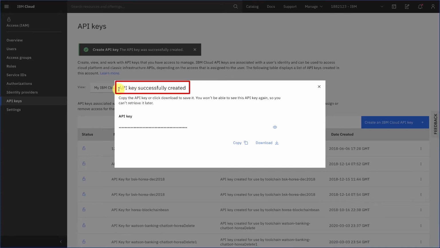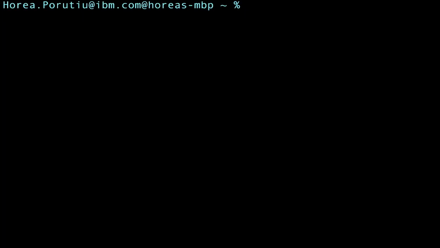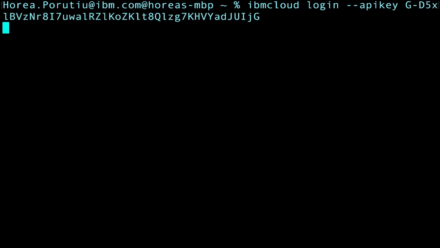And great, we can see that the API key has been successfully created. We can copy it and download it, which is always a good idea. Now that we're in my terminal, we can authenticate into IBM Cloud. So we can do IBM Cloud login --apikey, and then I'll just paste in